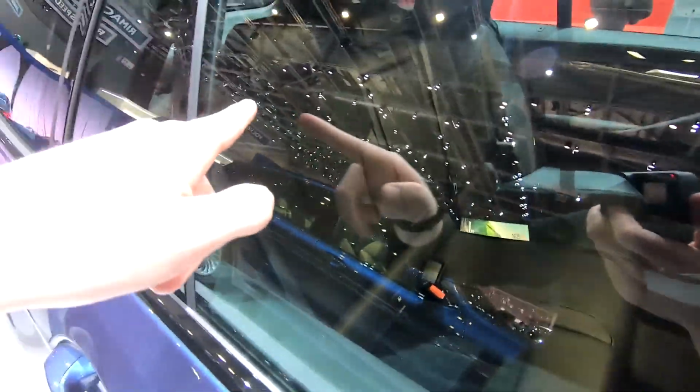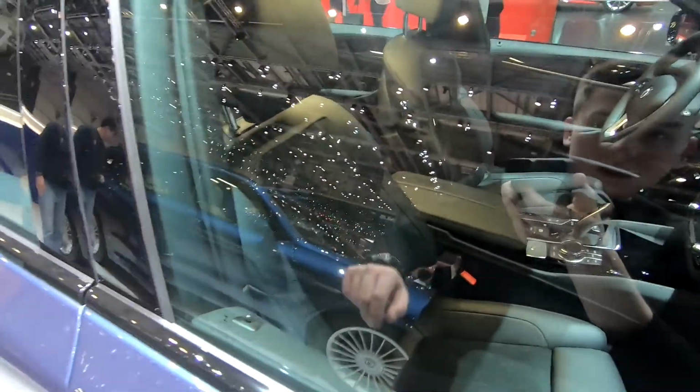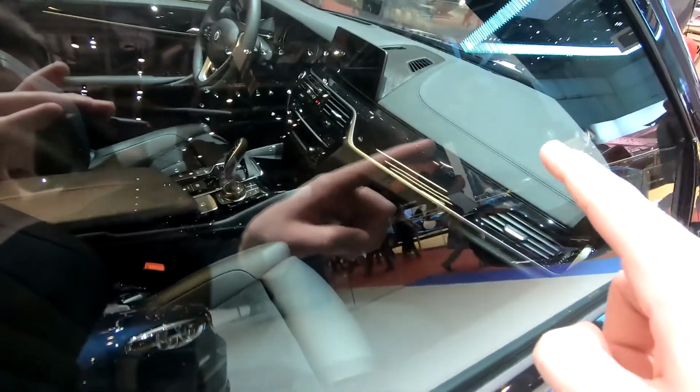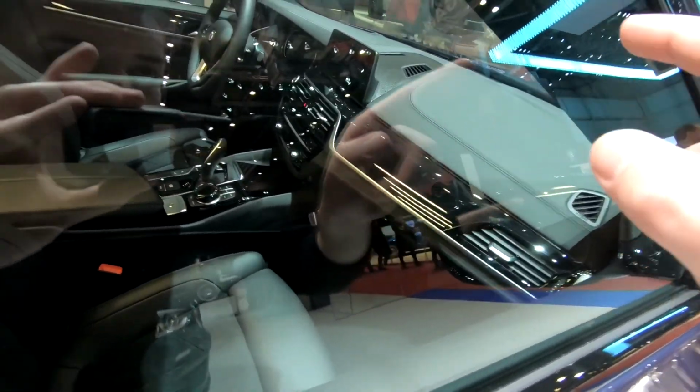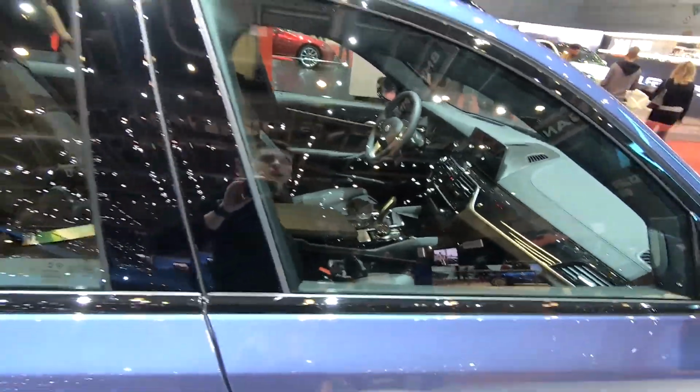If you look into the interior, it's special interior leather seats. Then there's actually an Alcantara insert in the seat with Alpina badge. Right here, the same in front. It is beautiful blue color. There's the placket. I don't know if you can see it. Right next to the iDrive controller, there's a placket that it is indeed an Alpina car. A special black piano Alpina trim with Alpina logo right here, and